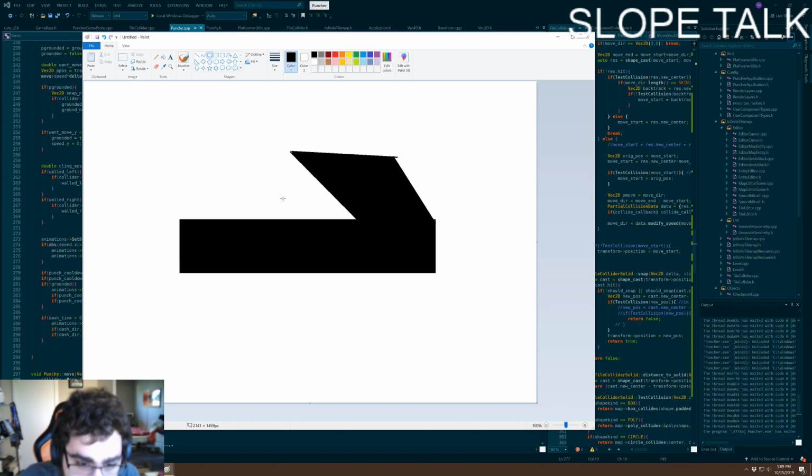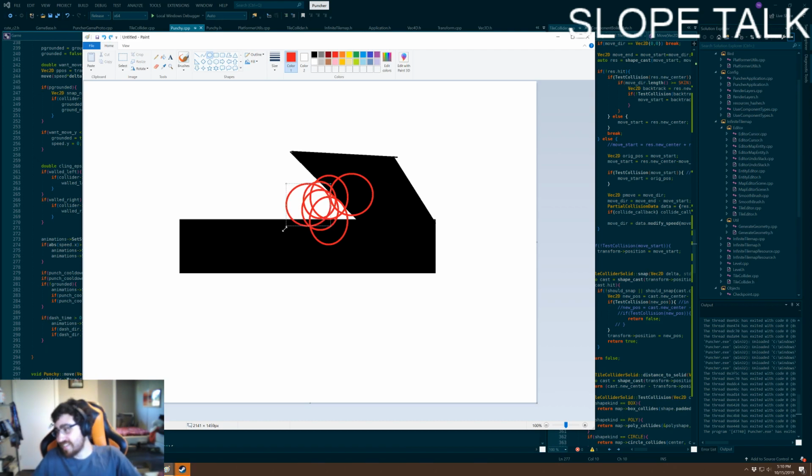If you have an angled corner like this, then what ends up happening is that the circle resolves. You have a circle here, circle moves over here and collides like this, so the circle resolves down. Next step, the circle resolves to not be colliding with this portion of the wall, but now he's colliding with this portion of the wall. So then it resolves the circle up, colliding with this portion of the wall, and then it has to go down this way, and then it goes up this way, and then it goes down this way. It takes a lot of steps before you end up in a situation where the circle is no longer colliding